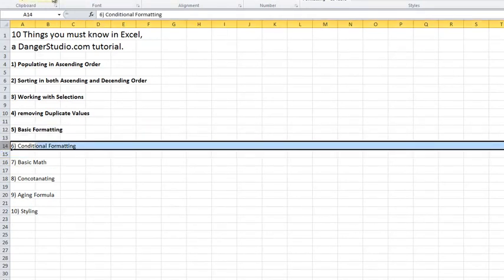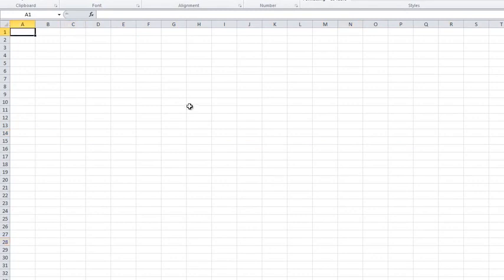Conditional formatting. Conditional formatting is a really powerful tool in Excel, and that's the 6th thing I want to show you guys. Let's say, for example, you have here... I'm always going to stick with numbers. Let's say I'm going to stick with letters now. I'm just going to write the word dog, cat, mouse, bird, lion,